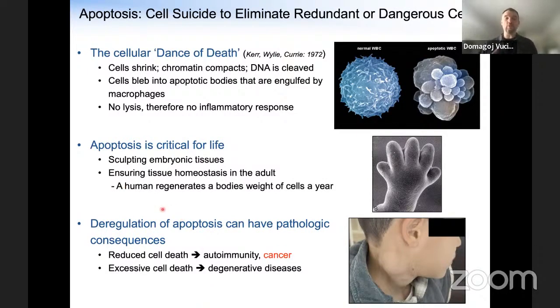There is some, and it's really critical for life. You have during embryogenesis process of apoptosis, during the maturation of the immune system, regeneration, and so forth is really critical. However, on the other hand, deregulation of apoptosis and other forms of cell death can have pathological consequences, because if you have a little cell death reduced, you can go to cancer. And first part of my talk is going to be focused mostly on that. However, excessive cell death can cause degenerative diseases, inflammatory diseases, and that's going to be the second part of my